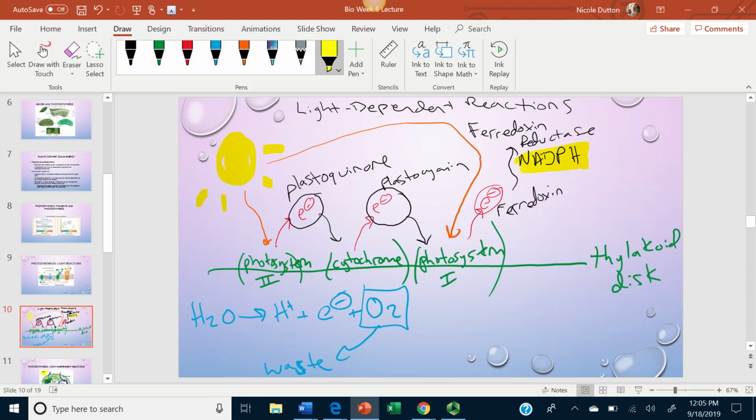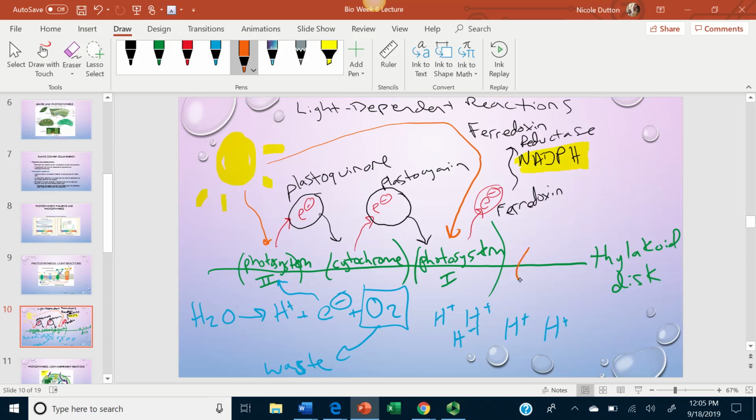So if we look down here again, we notice that the electrons were used here to replace the electrons from the photosystem. The oxygen was released as a waste product, but now we have an accumulation of these hydrogen ions. So hydrogen ions are going to start to build up inside here. And just like how we handled hydrogen ions building up in cellular respiration, these hydrogen ions are going to travel through